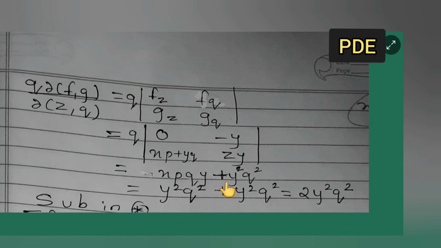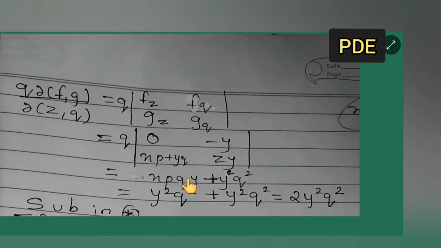Let me explain you all properly again. Listen now. X is which x? It is x into y. Now minus into minus is plus, right? When we do this, 0 minus, so minus into minus, it will be plus, right? So it will be xpy and this q, plus y square into q square. Now this is equal to what? y square into q square, right? It is plus y square into q square. Now what is your xp? xp is equal to yq.